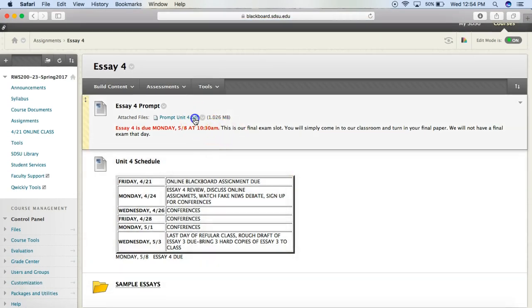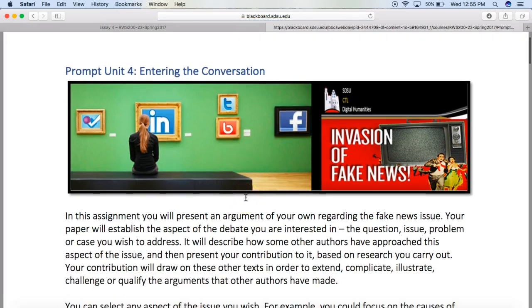Those are the resources that I've added here for you guys. So let's look over the Essay 4 prompt one more time. I'll keep this pretty brief, but I want to reiterate some of the things that we're looking for. Basically, you will be extending what you've already worked on with Essay 3 in terms of fake news. You can use some of the material from your own Essay 3 to springboard into Essay 4. You are going to set up a conversation. You're going to choose a specific aspect of fake news that you're most interested in. For example, for this video, say that you want to talk about the solutions, how to determine what's fake and what's not.